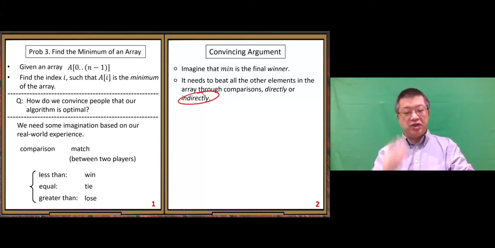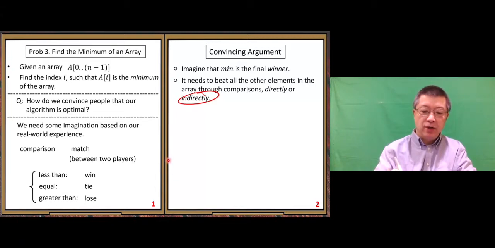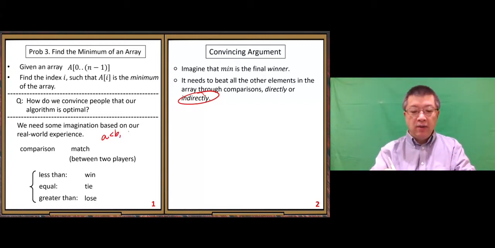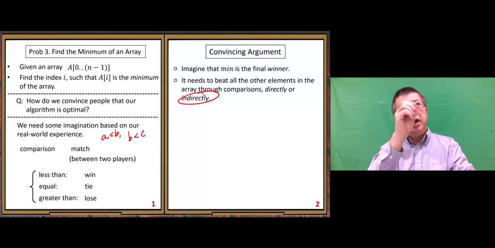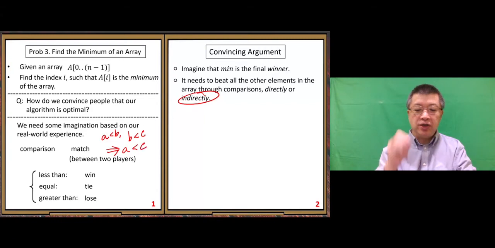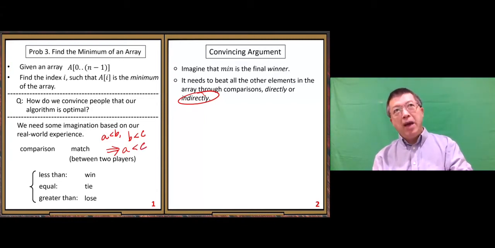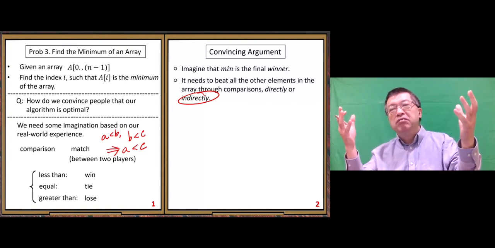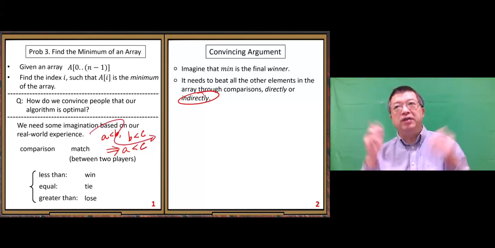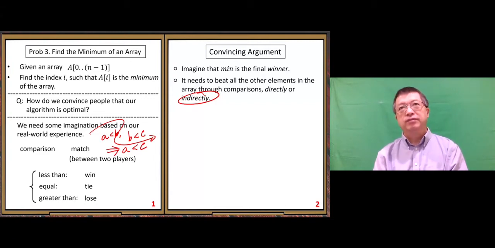Here, let me give you a simple example. Suppose we have A less than B, so A beats B. B less than C, so B beats C. Then we can conclude A beats C. Do we need another match between A and C? We don't need it, because A beats C indirectly through transitivity, because our inequality